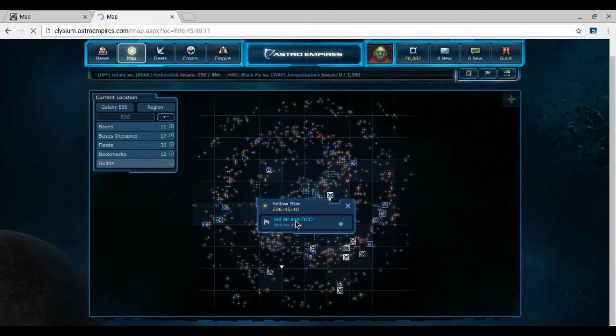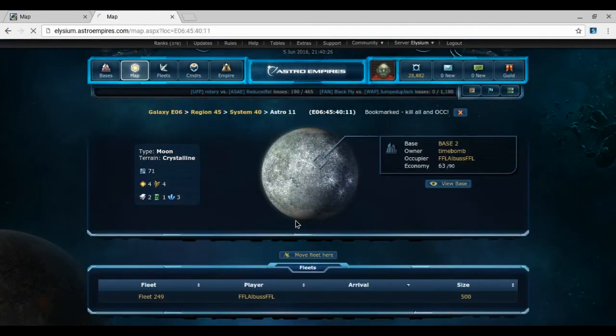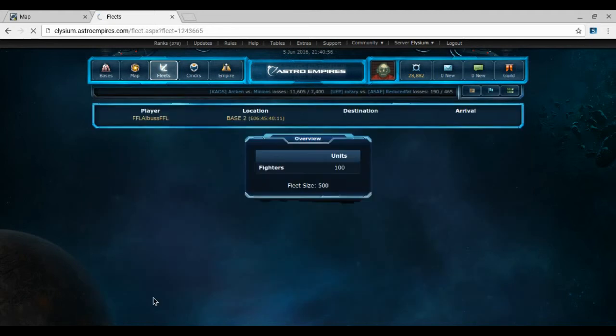kill all and occupy. This is another base by Time Bomb. This fleet right here by Albus, he's an inactive player. I mean, this dude's inactive. I can bring what's left of my dreads and battleships at the end of the attack on Jack Burton's base. I could take them here and look at what he's got. Look at what this fleet is. It's only 100 fighters, man. I got a dread that can knock that out. And then once I knock out that,